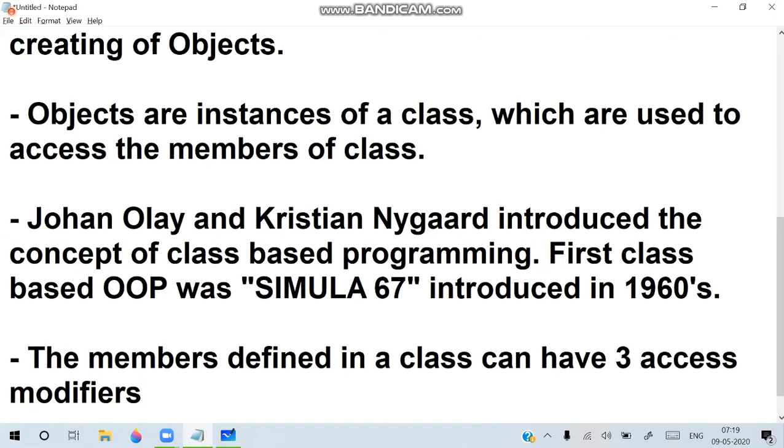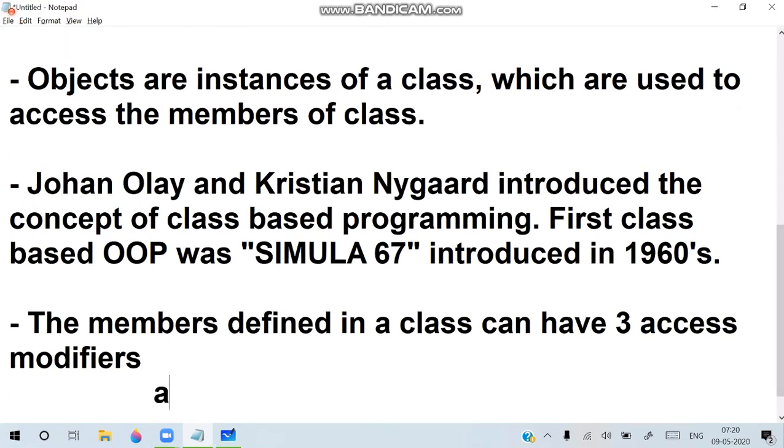First, we have to learn all these points, then we will start designing classes, because in order to design a class, you should know all this. So the members defined in a class, that means either these properties or methods, can have three access modifiers. So what are those? They can be public